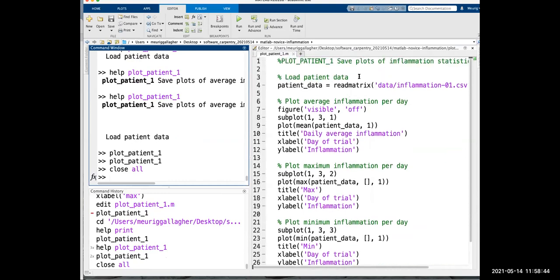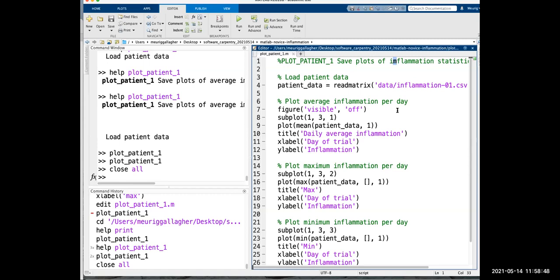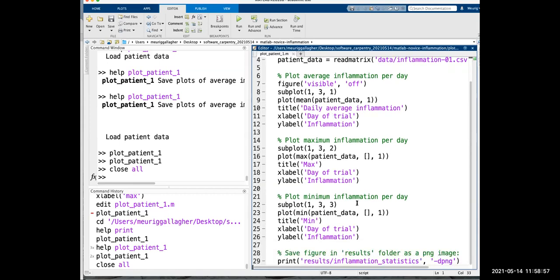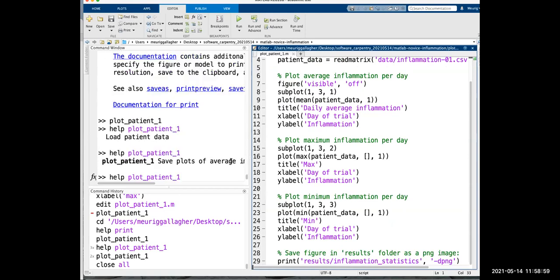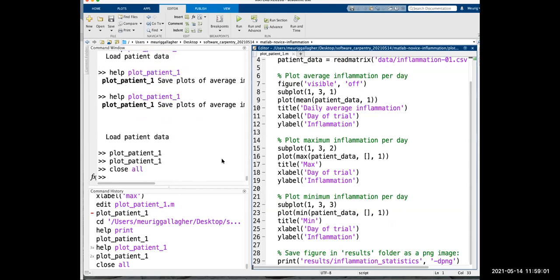Okay, so in this section, we've talked a bit about scripts. Also, I've noticed inflammation, that should be inflammation. It's not going to change anything because it's a comment, but it's always good to be correct. We've created a script. The script contains a bunch of commands that we've set. And now we can close MATLAB, open MATLAB back up. We're always going to be able to run that script as long as we know where it is, as long as we're in the right folder to be able to search it.